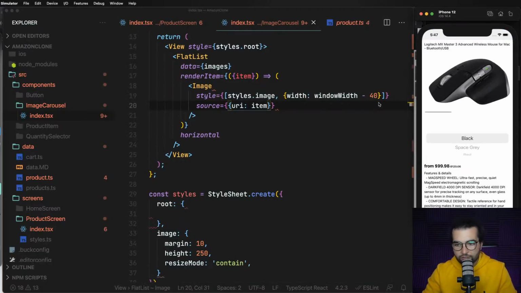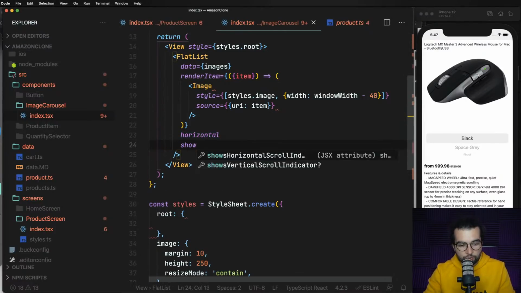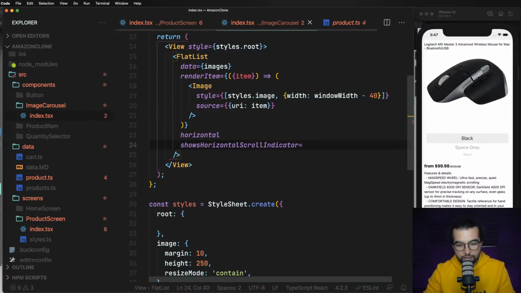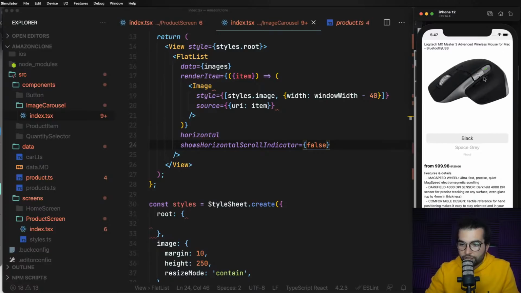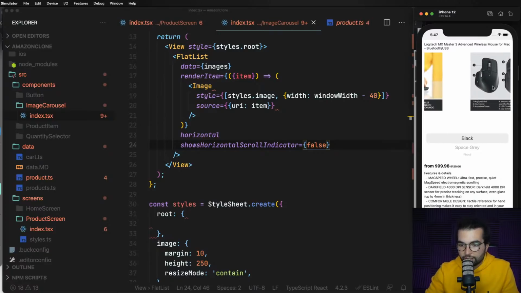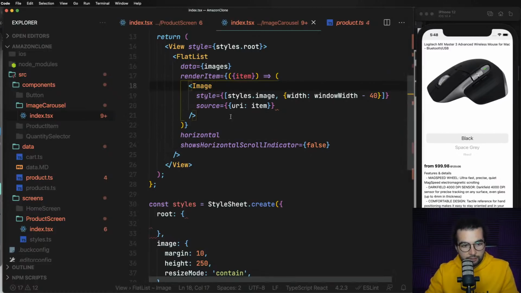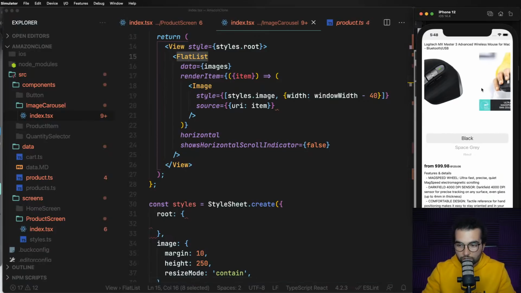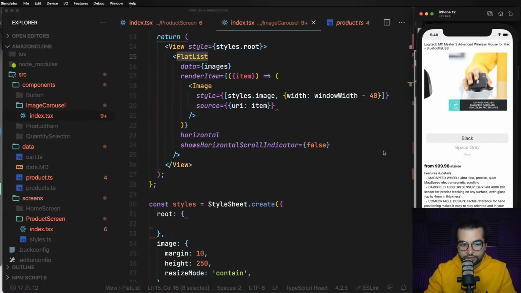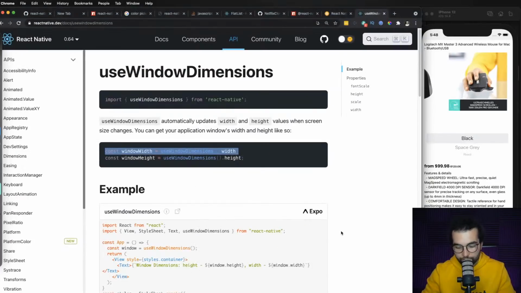That's really awesome. We can also set show horizontal scroll indicator to false, to hide the scroll indicator like this. But now it behaves like a scrollable thing, like it doesn't snap to the view. So to do that, we can add some properties to the flat list. Whenever we scroll a bit, it will automatically focus on one and put it in the middle of the screen. So to do that, we can work with